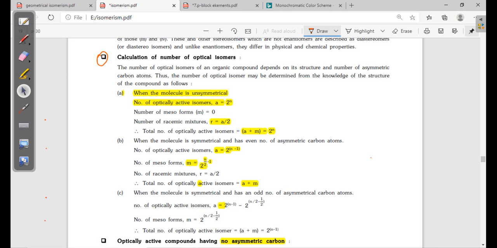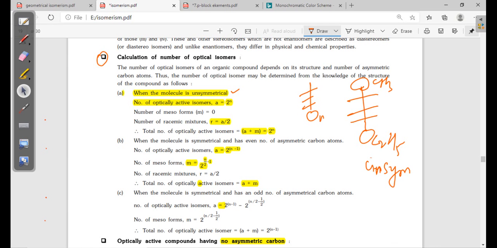So when the molecule is unsymmetrical, unsymmetrical means the chiral carbons are there. If this end has methyl and this end has ethyl, this is unsymmetrical. If both sides have chiral carbons, here also methyl, here also methyl, this is symmetrical. The first case is when the molecule has unsymmetrical ends,